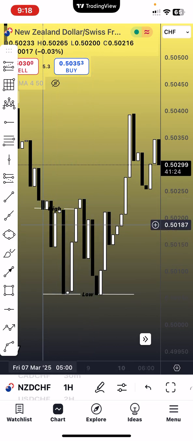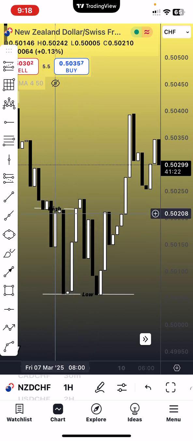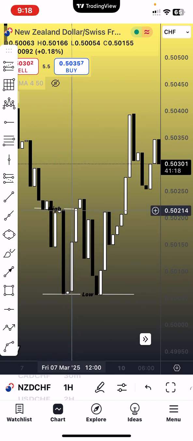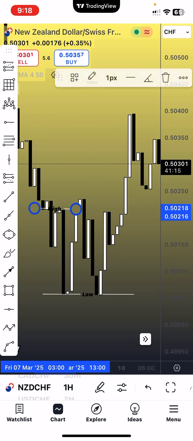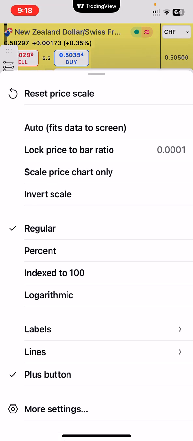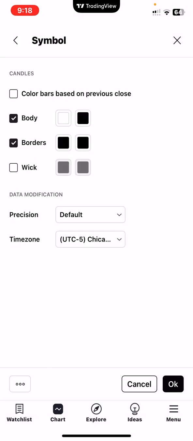So how do we know we're in an uptrend? Because we got a change of character right here. Because remember, this is the previous high. And so when we broke this high, this became the new high and this became the new low. So that lets us know that we changed trends. But if you're looking at the wicks, so if I put the wicks back on, it'll make it seem as if